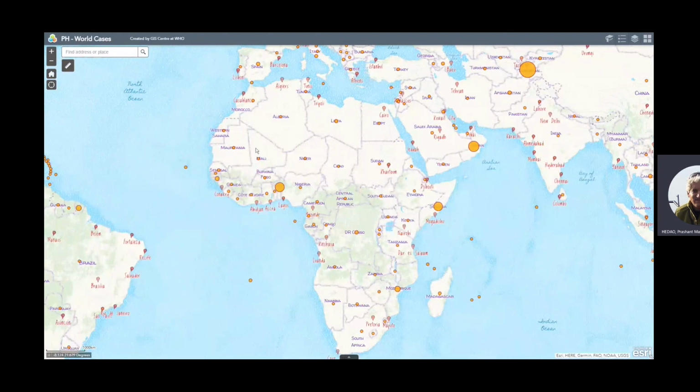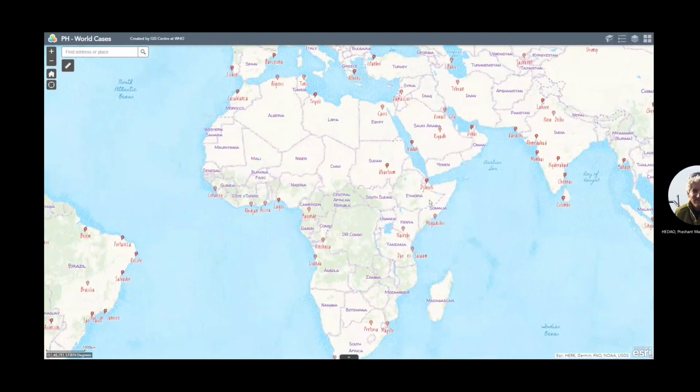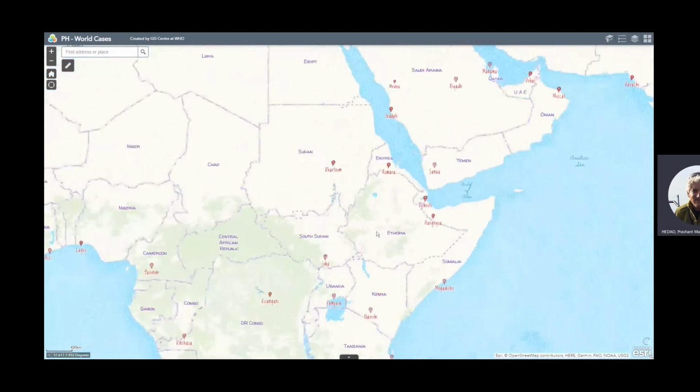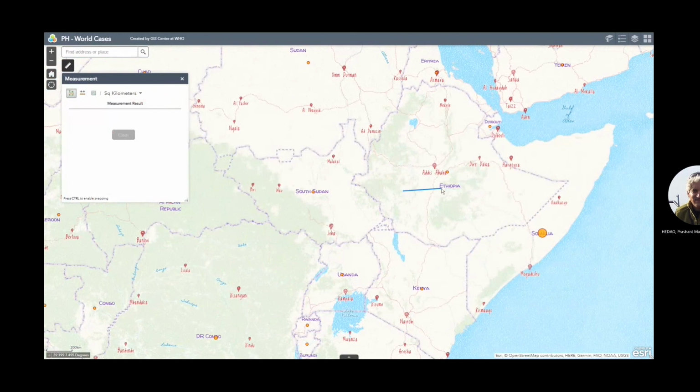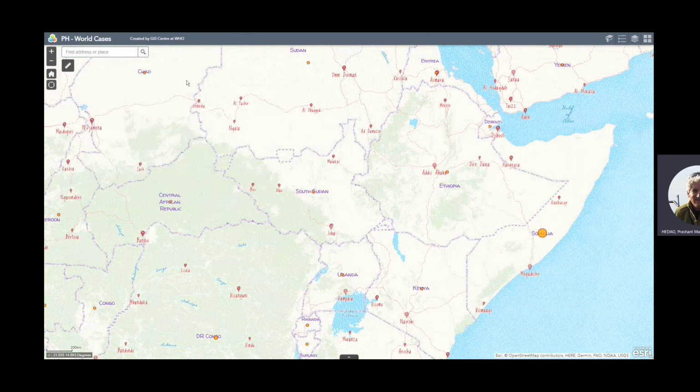If you want to measure some distance in some place, they can always click on this, and it gives them certain distance, wherever they want to measure. So these are the tools that you can add depending on what your field needs are, whatever people need in the field, and whatever flexibility they need. So this is how you share your maps and apps. Thank you.